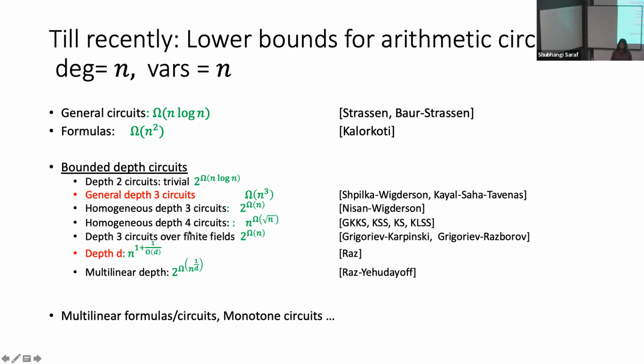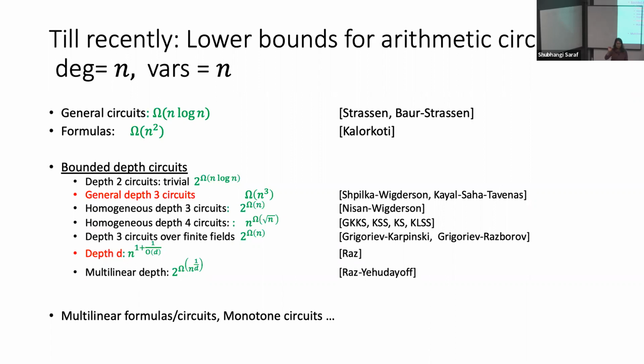We know pretty good lower bounds even for homogeneous depth 4 circuits. So without homogeneity, we don't know this, but for homogeneous depth 4 circuits, we know lower bounds of the form n to the square root n, which is pretty strong, and we will see in a few minutes why this n to the square root n is interesting. If you look at depth 3 circuits over small finite fields, we know exponential lower bounds for unrestricted depth D circuits. So for depth 3, I said we knew n cube, and in general for depth D circuits, the best lower bounds we knew were of the form n to the 1 plus 1 over